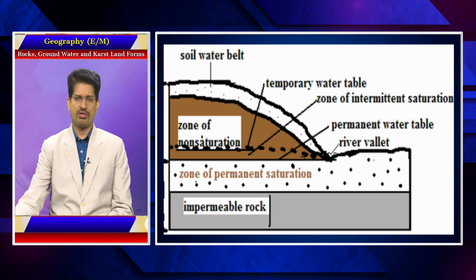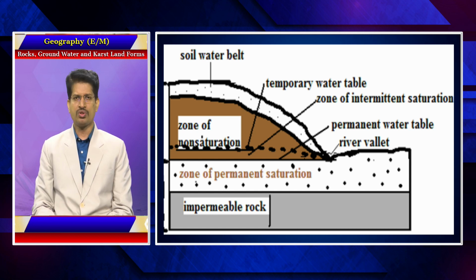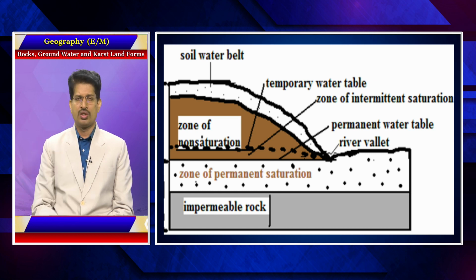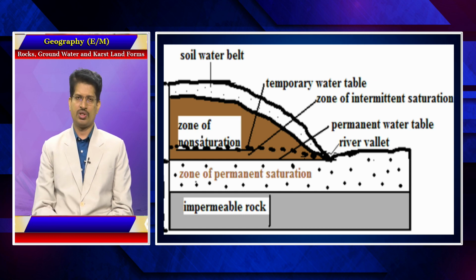So in this case of the projection being given to you, the water table depth is not constant always, but there is a permanent water table. In this context, what happens with the change in seasons, for example in our region, in the rainy season, because of more precipitation or rainfall, the level of the water table rises above. And when the season changes to winter or summer, gradually